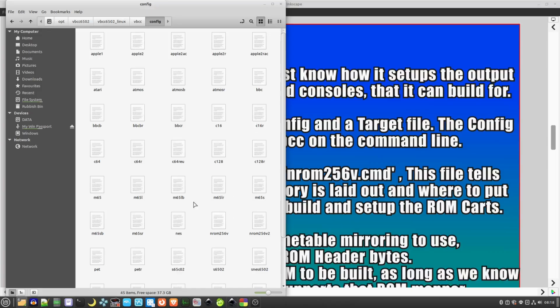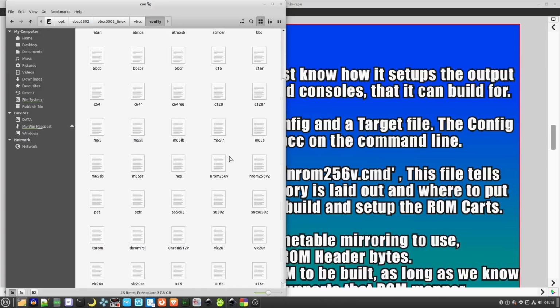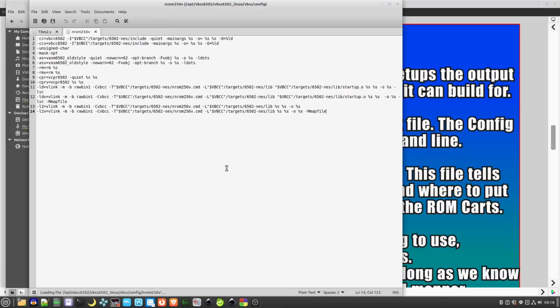In here we have the various consoles, and the NES configs are pretty much these here. The ones we are looking at using are the NROM256V, and then what I've done is I've created another version of that here. So I would advise you to copy this file, create another version of it, call it V2. And then if you open that in a text editor,